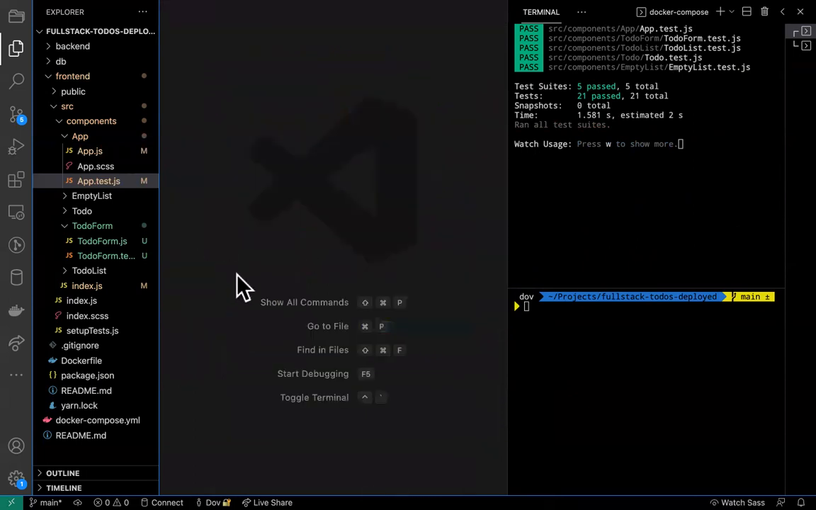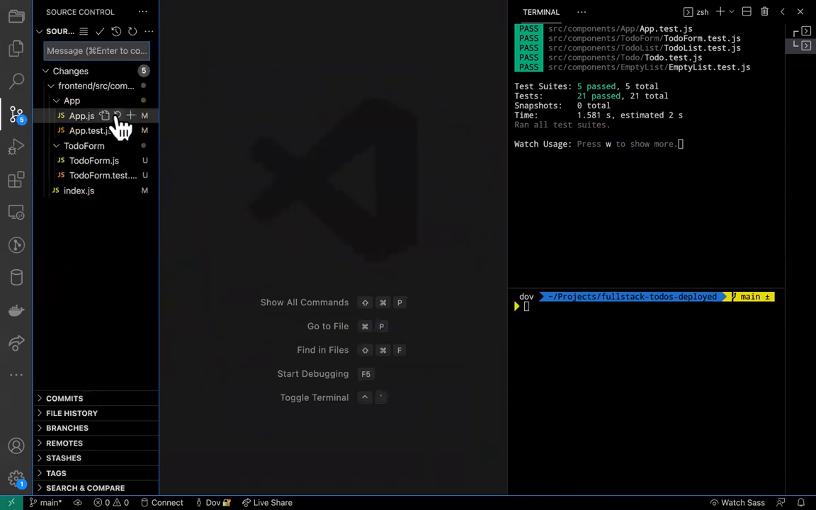So with that, I think it's time to make a commit here. And this is feature, really. This is feature add